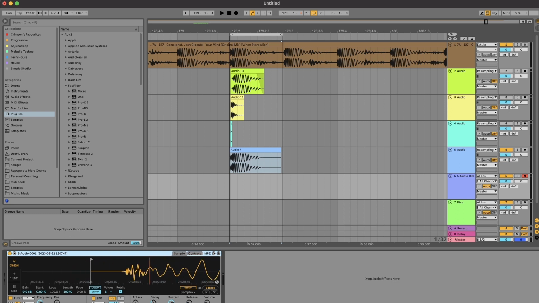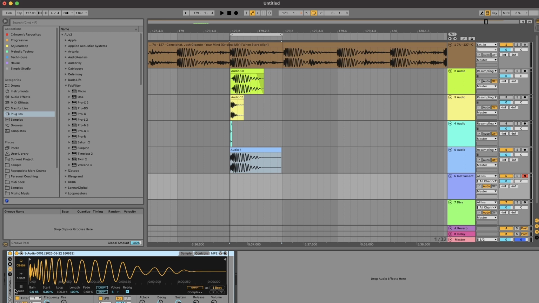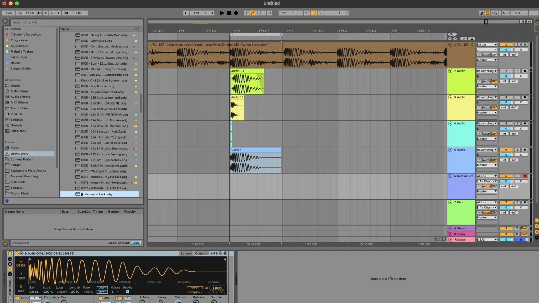Make sure the starting is the right point, so is the ending. Turn off the snap, crop clip, and I just save this. Kick,